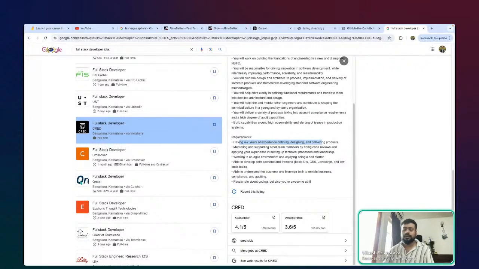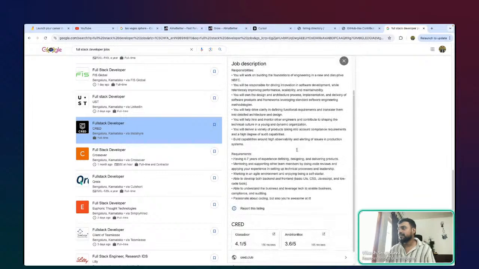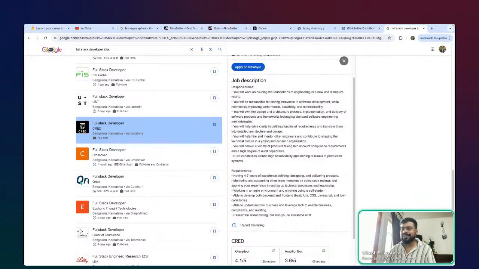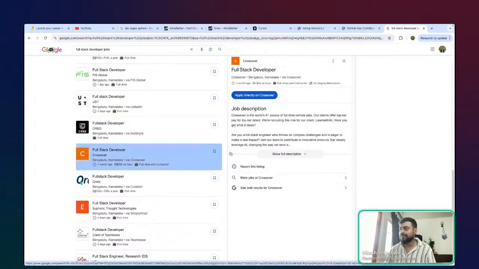But more often than not, companies would be also okay to have people with 1 year of experience as such, right? But what are they expecting? So able to develop both front end and back end, basic UI, CSS, JavaScript, and low code tools, right? Able to understand business, right? But it's straightforward. So they're not expecting a lot, right? I think it should be pretty straightforward as of now.